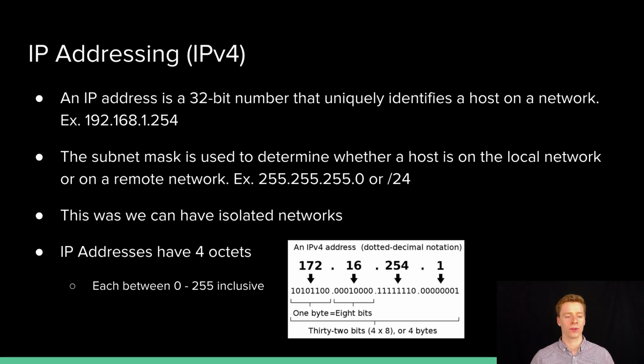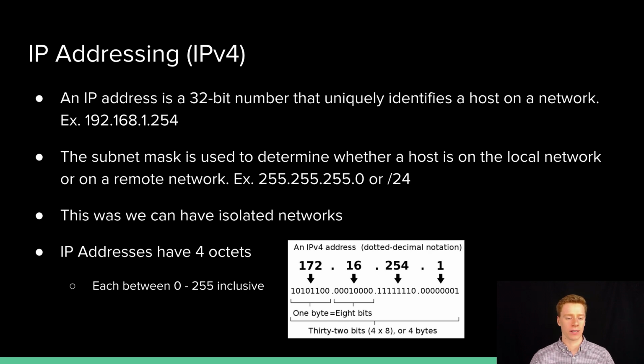For example, if we have another IP address, say 8.8.8.8, the computer is going to look at its own IP address, apply the subnet mask and work out, hey, 8.8.8.8 isn't in my network, I need to send it to a default gateway so it can go out to the internet. And we're going to look at that in more detail in a minute. So IP addressing allows us to have isolated networks, and